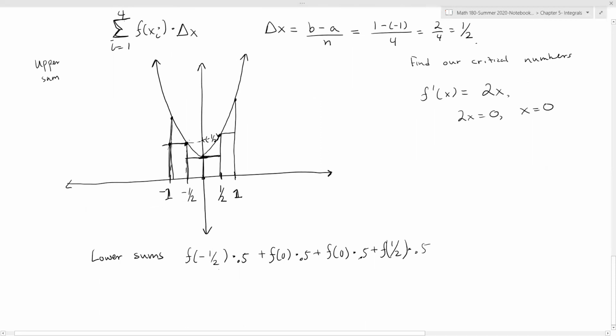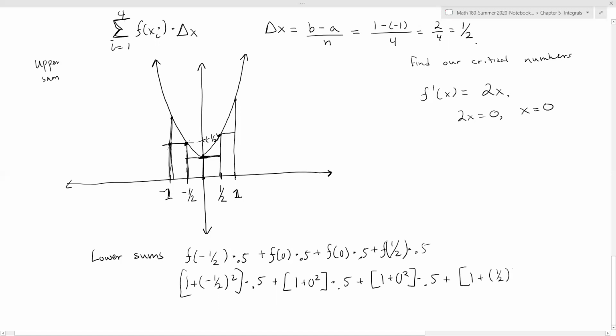Okay. This would be 1.25 times 0.5, because you take -1/2, right? It's actually, where we write this, 1 plus -1/2 squared times 0.5, plus 1 plus 0 squared times 0.5, plus 1 plus 0 squared times 0.5, plus 1 plus 1/2 squared times 0.5. And so that then equals